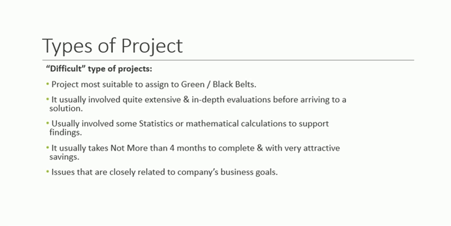Also, the projects range from 4 months to 6 months, and the smaller projects usually don't take more than 4 months. Other than that, these projects are related to the company business goals, unlike small projects. These have some kind of goal related to organization process improvement and organization findings. Examples of difficult type of projects include